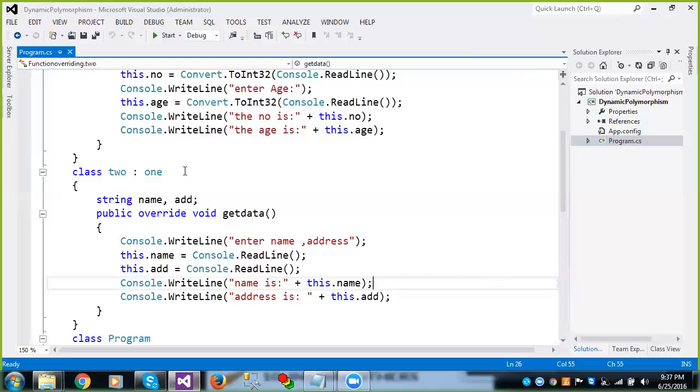Okay. So this is a base class and this is a derived class. Now we can use get data here, but here we use the override keyword. So the base class has the virtual keyword and the derived class has the override keyword. But the method